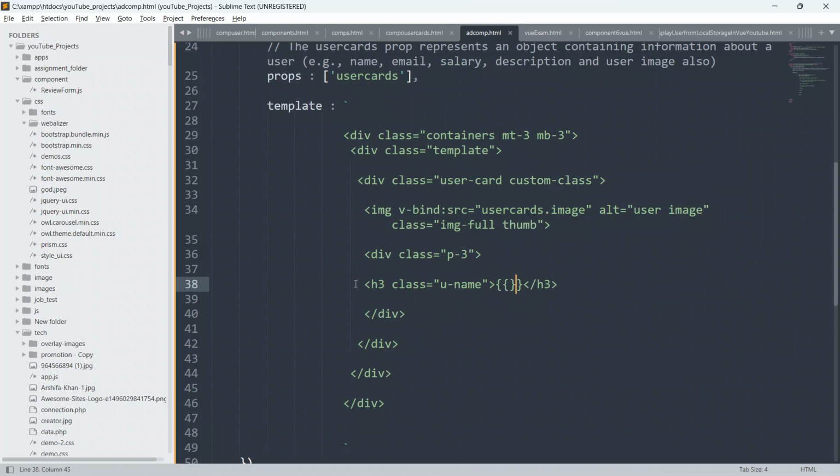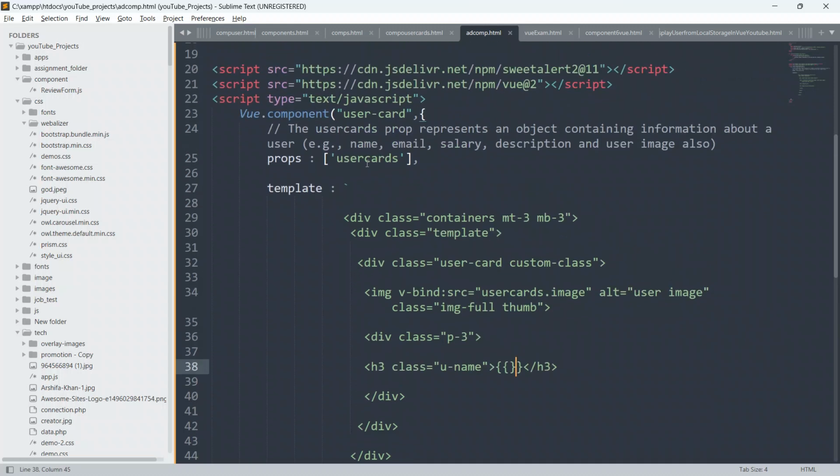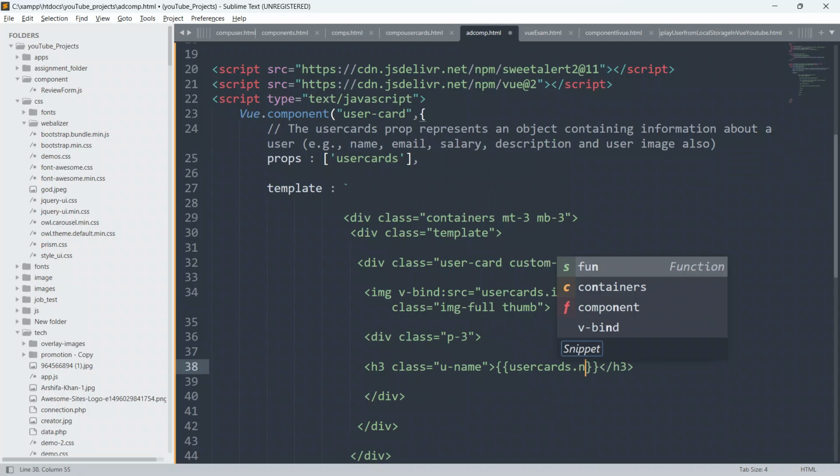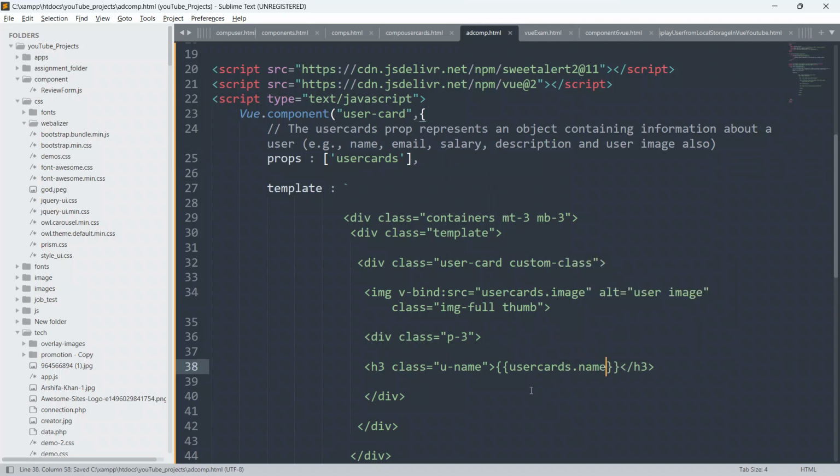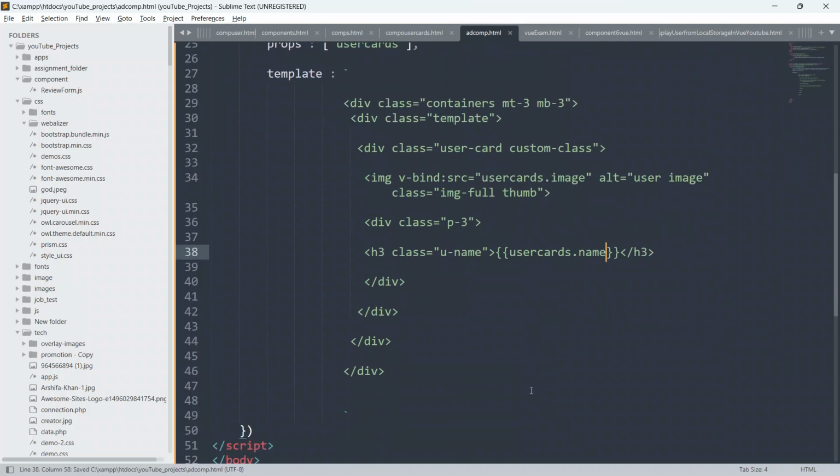Here I'm just using this object from the props, from these properties, the user card object. I will copy this user card, paste it here, put dot, and say name.